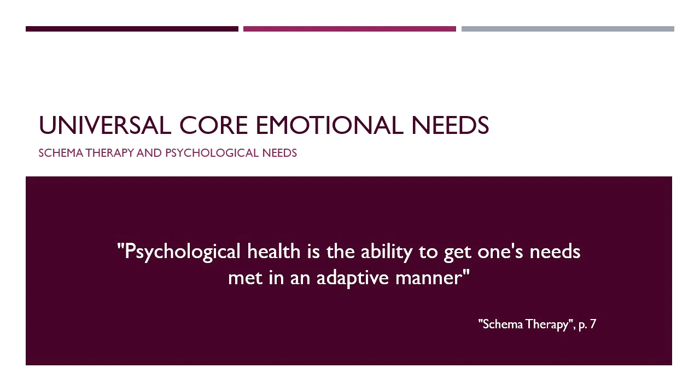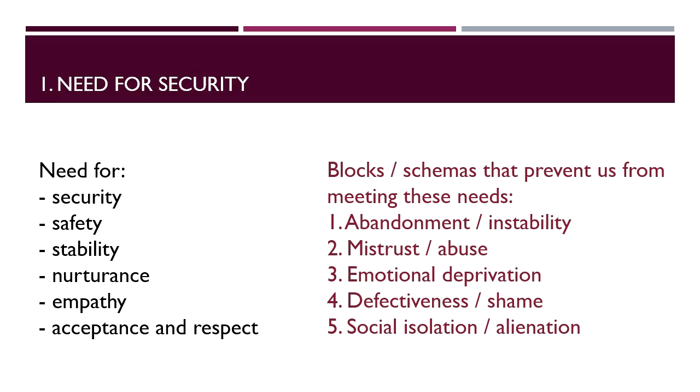Now, in schema therapy, there are 5 basic categories of these psychological, emotional needs. The first category relates to security, safety, stability, respect, empathy, emotional support. So it's all about being safe in this world, being able to connect with other people, feeling safe. In a way, focusing on yourself without feeling threatened by the environment all the time. It's the ability to trust other people, to gain satisfaction from relationships.